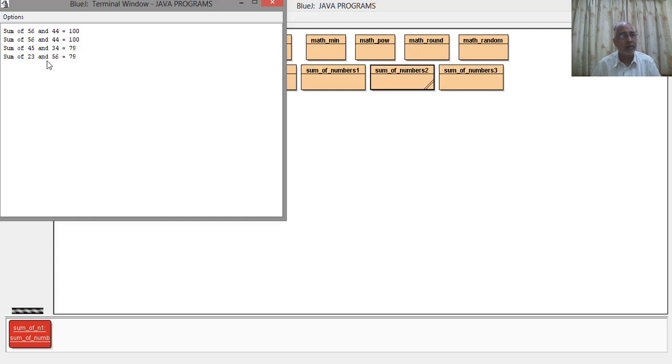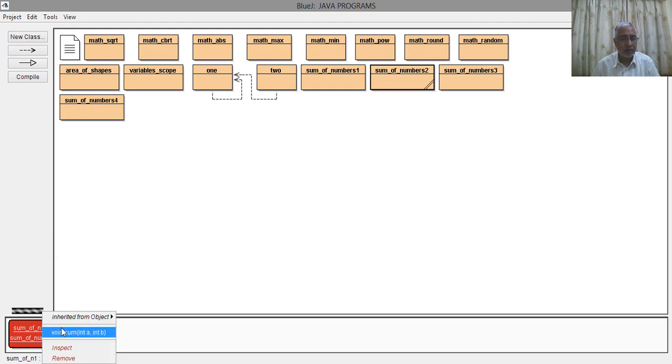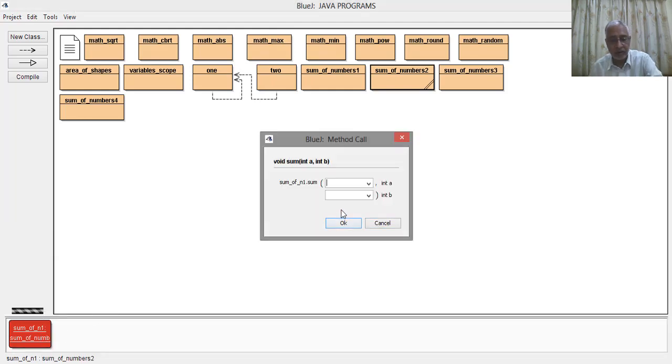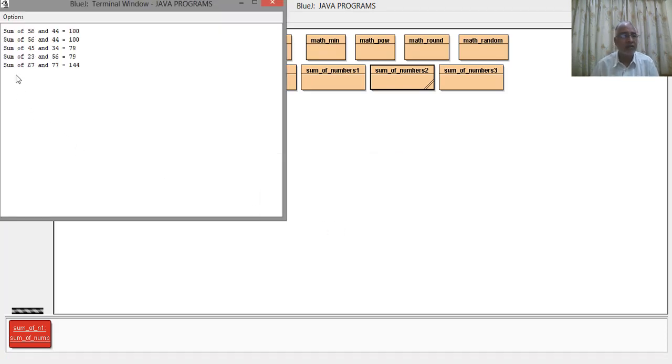Although the answer is 79, the values are changed. Fine. Again, if you run this program, suppose you give 67 and 77. Now it will take the values of 67 and 77 and give you the answer 144. So every time you can change the values and get different answers. This is a more generic or general program. This is better than the previous one, the first program, which has the fixed values.